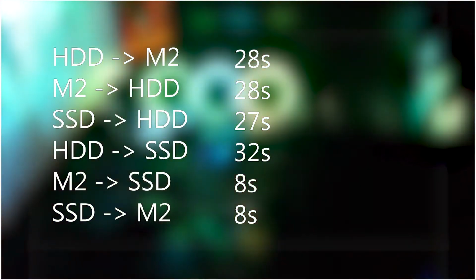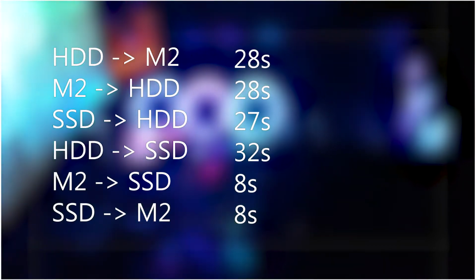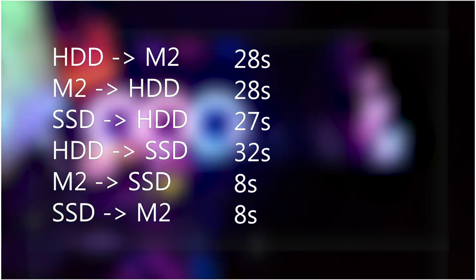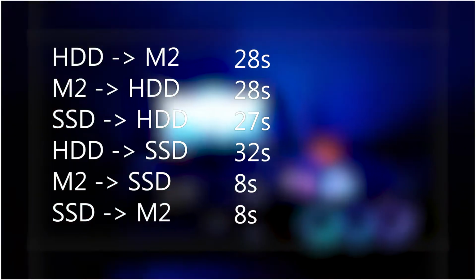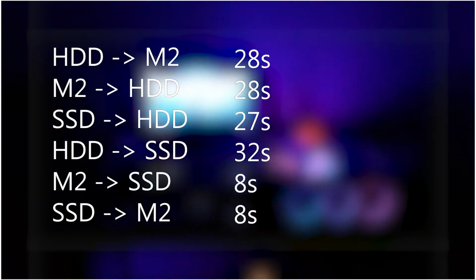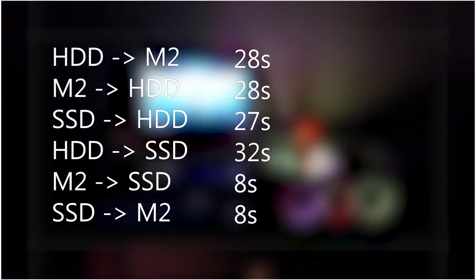Now, another comparison that I did was moving the file from the M.2 to the SSD and from the SSD to the M.2. In both cases, the file took 8 seconds to transfer, and that just shows that it is a lot faster. In this case, it's between 3 and 4 times faster file transfer between those drives than between those drives and an HDD. Because as soon as the HDD is in the mix, the speed is going to plummet because it just has much